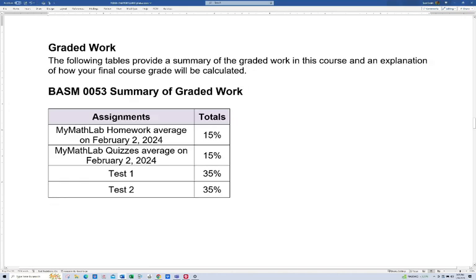So for graded work for the BASM course, notice it's 15% for homework, 15% for quizzes. Test 1 is 35%, and test 2 is 35%. So basically, your grade after test 2 is determined for the BASM 0053 course. Let's move on to